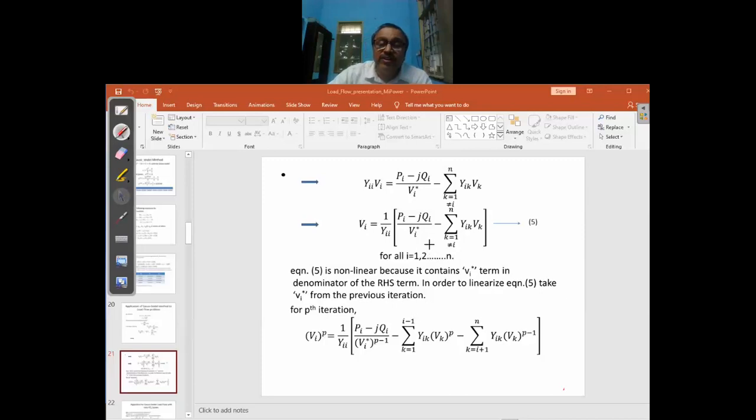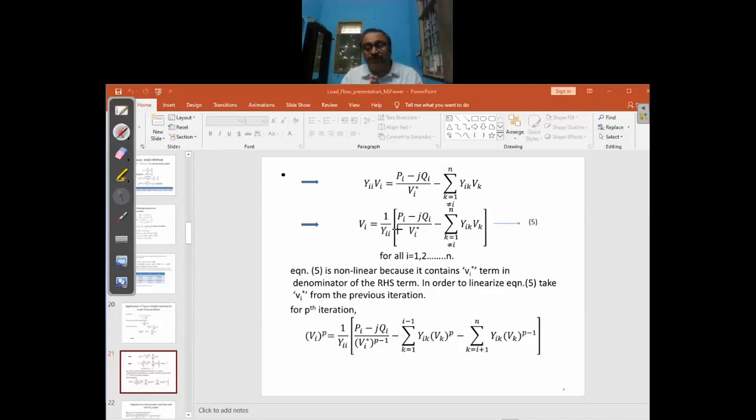So then we try to solve this in two steps: we start with some values, put those values on the right hand side, then we get a value of Vi. So solve for V1, V2, V3, V4, Vn. That is your next iteration value. Substitute it again on the right hand side, you will again get new values. So this is the Gauss-Seidel method that will work. So you can find the solution of the power system by using the Gauss-Seidel method. There are other methods, but in your course it is only the Gauss-Seidel method that is used.